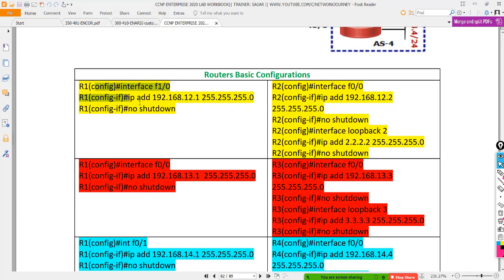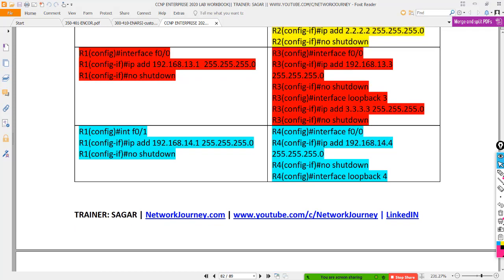So you are defining the IP interfaces on R1 towards R2. On R2 you also have your loopback. Similarly you have R1 to R3, and R3 has its own loopback.